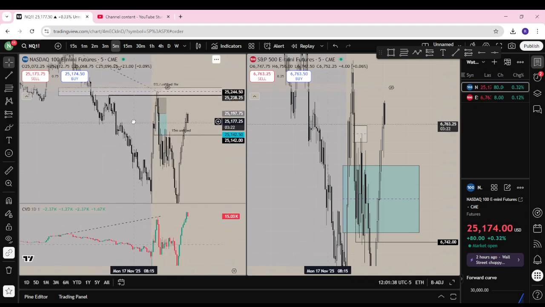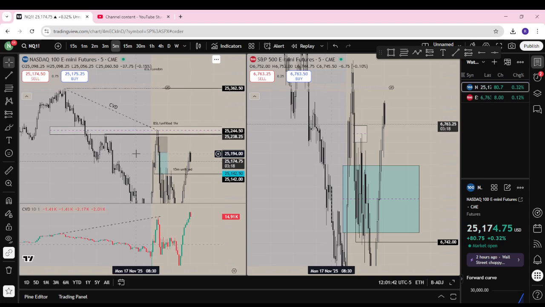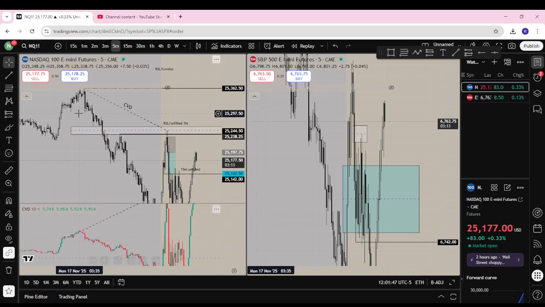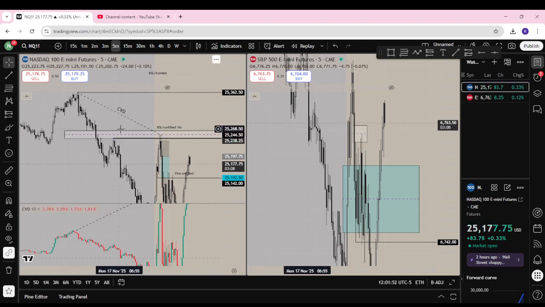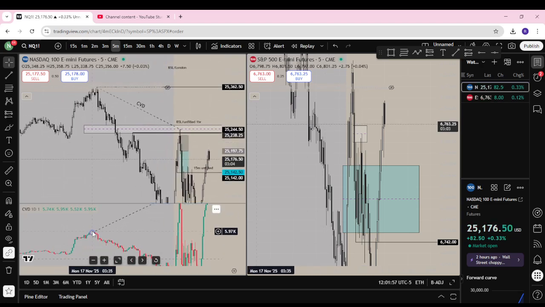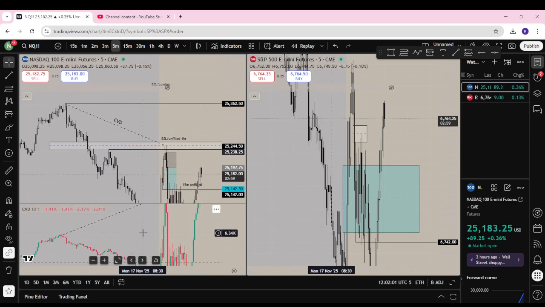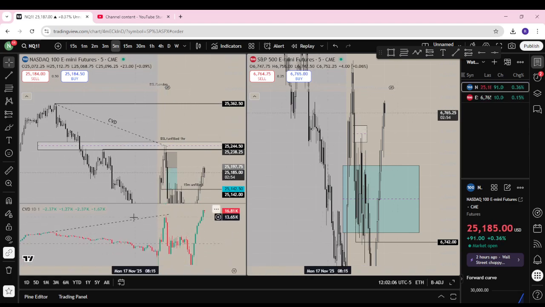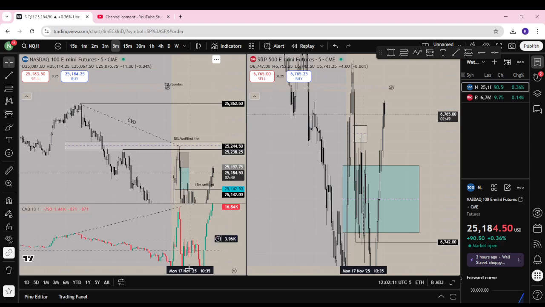This is a prime example of this reversal that happened today. This had a CVD divergence involved within it. As you can see here, this is the high right here, and Q came into this 1 hour unfilled fair value gap, swept out this internal liquidity right here, this LRL, and then the CVD chart shows that we went above London, but obviously we didn't. So that's a CVD divergence in the market, basically saying that buyers tried to push price higher and then sellers stepped in and overpowered them, and buyers became exhausted at this key level,